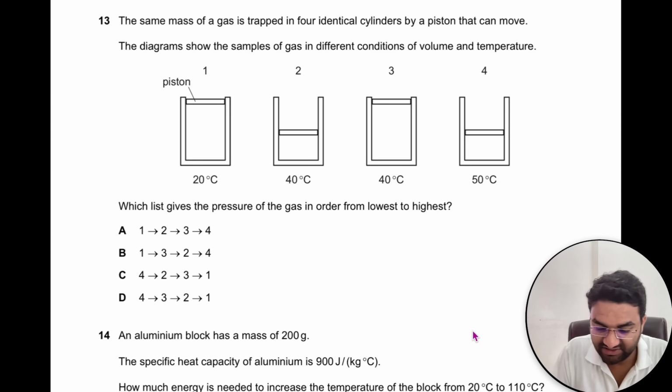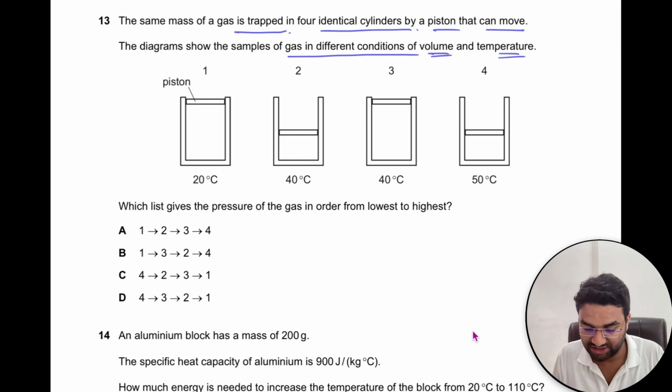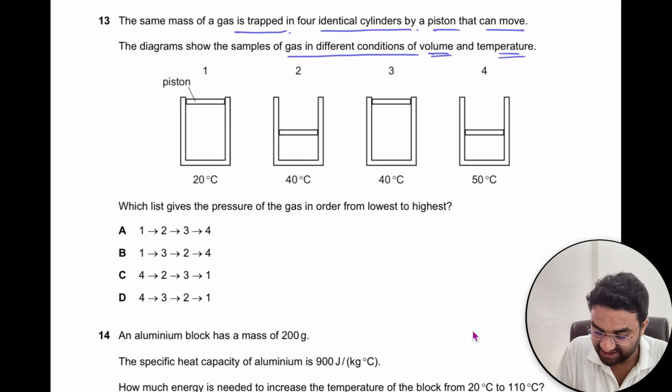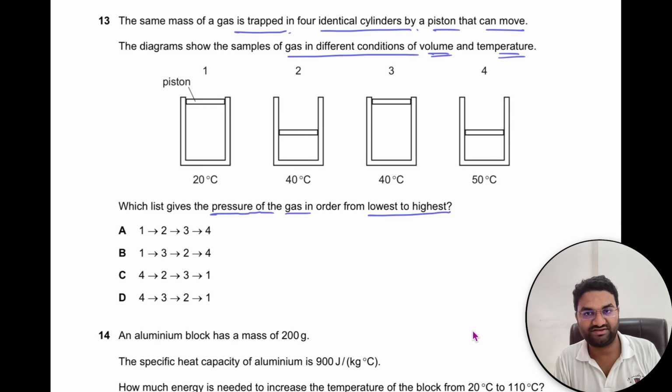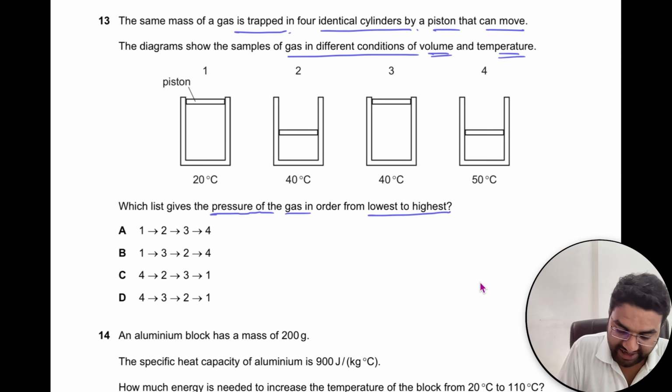Then the next one: the same mass of gas trapped in 4 identical containers by a piston that can move. The diagram shows the samples of gas in different conditions of volume and temperature. So which list gives the pressure of the gas in order of lowest to highest? Now in this part we have to discuss a bit of the gas theory and then come to the conclusion. Okay, so first of all, I hope you know that PV is equal to constant,